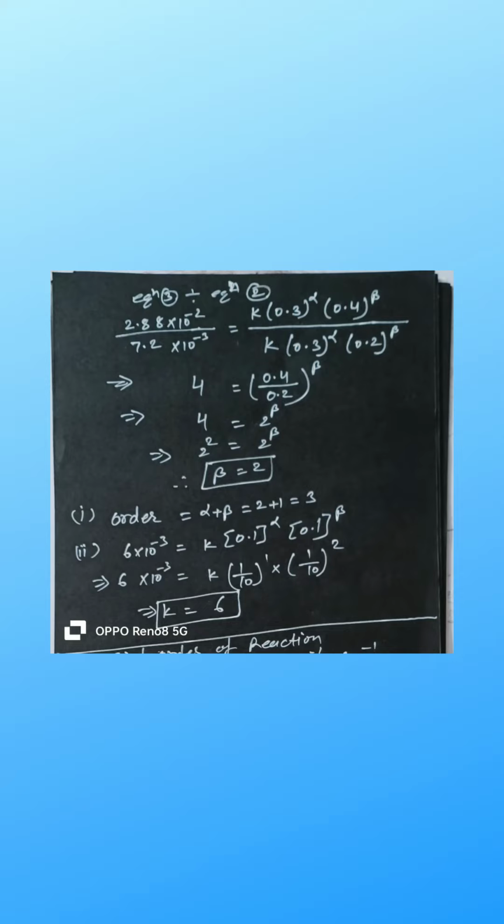Since the total order of the reaction is 3, the unit of K is liter square per mole square per minute. Final answer: alpha is 1. Beta is 2. Total order is 3. Rate constant K is equal to 6 liter square per mole square per minute. Because total order of reaction equals 3, rate unit equals mole per liter per minute. For third order reaction,